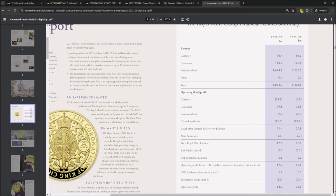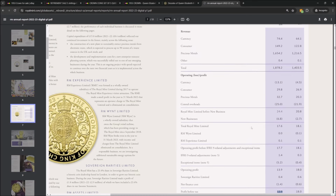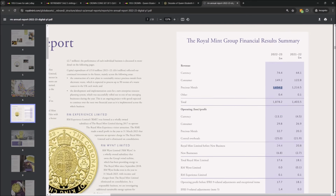22-23. So their total profit, here we go, profit up here before tax, is £12,900,000. It's actually not as much as I would have expected from the Royal Mint, but that is because they're losing an awful lot on central overheads, currency production, which I believe they've pretty much done away with now, and also, they make an incredibly small margin on the £1.6 billion that they spend on the precious metal side,